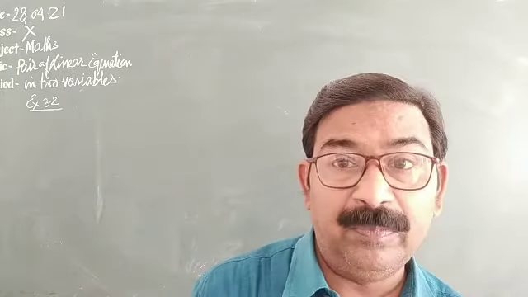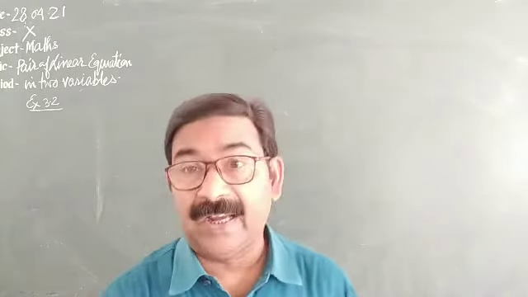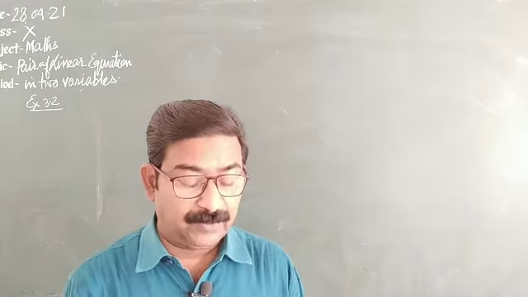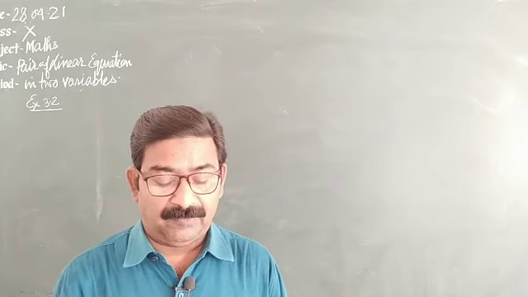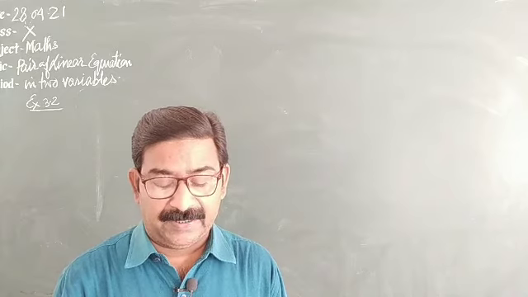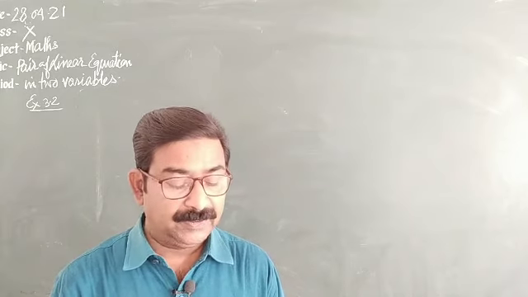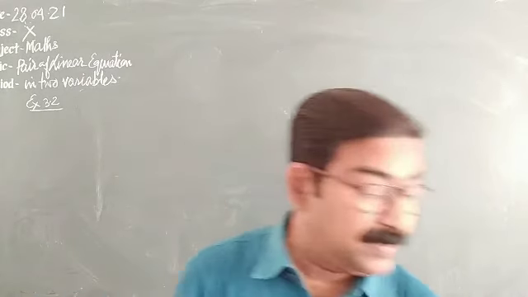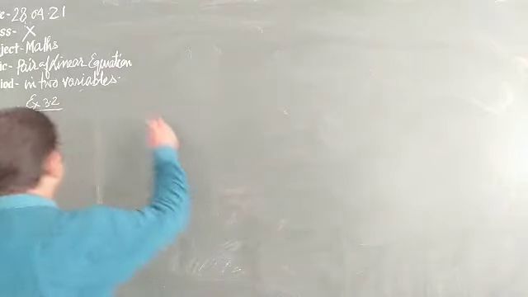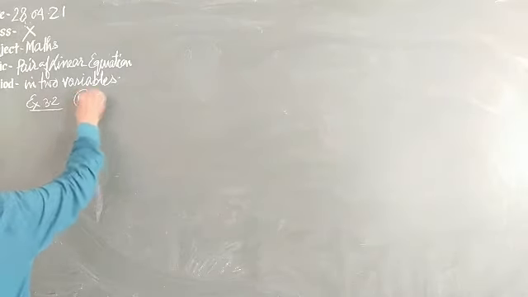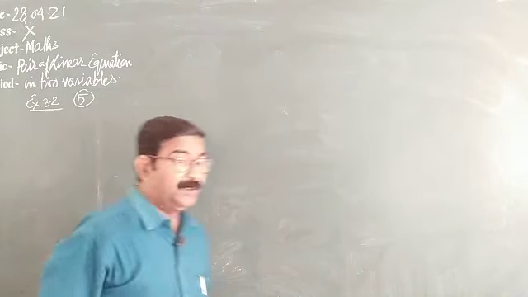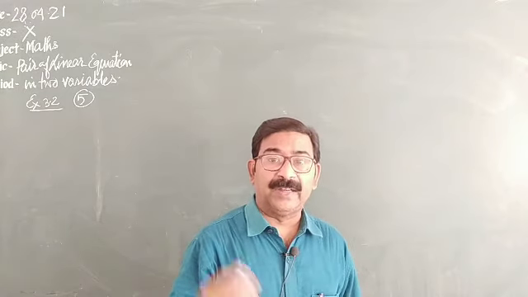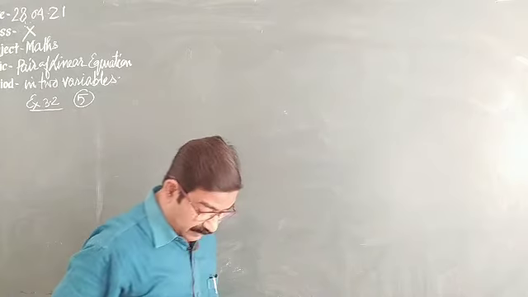Now question number 5, it is a word problem. Again I will form the equation and you will plot the graph yourself. See, I am reading the question. Half the perimeter of a rectangular garden, whose length is 4 meters more than its width, is 36 meters. Find the dimensions of the garden. Means in question number 5, what is given? The length of the garden is 4 meters more than its width. So two things are length and breadth.